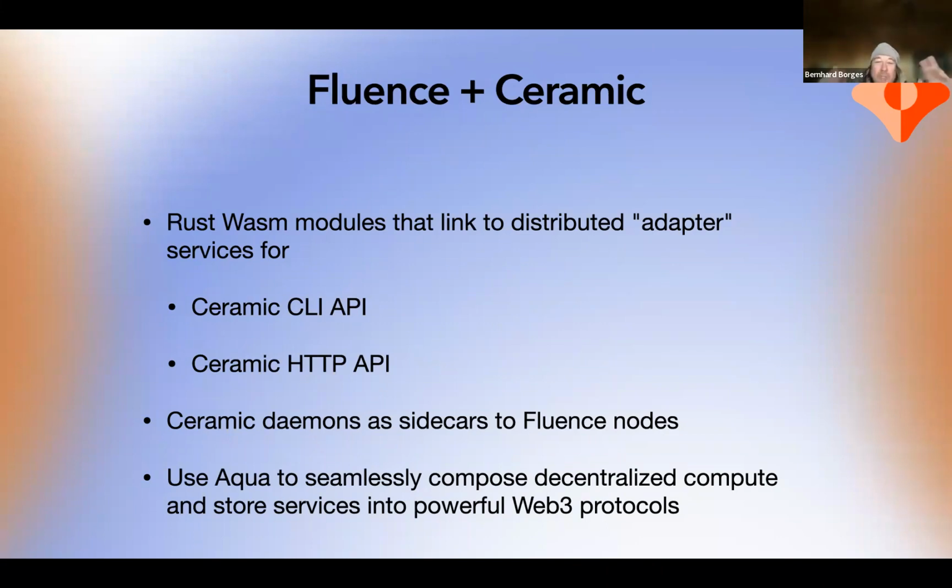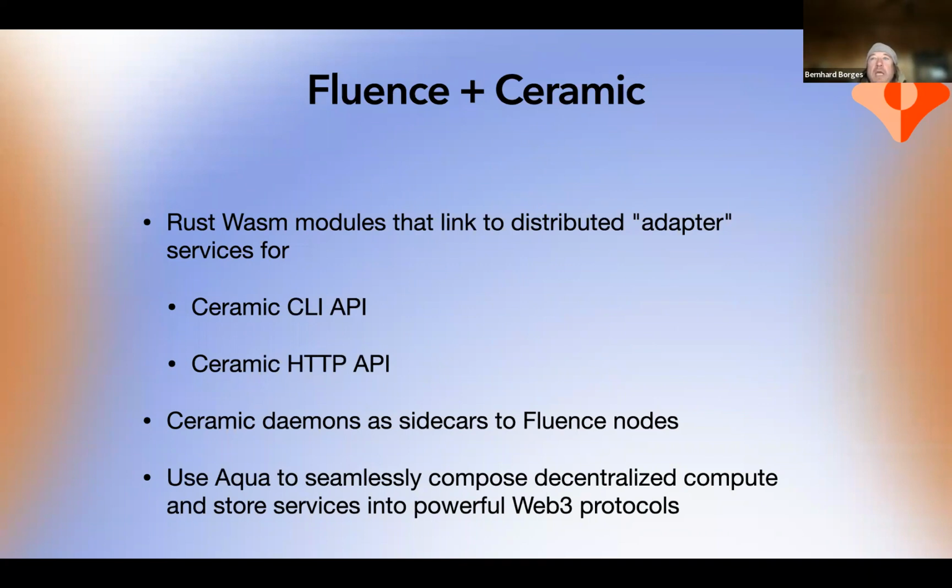And when should you use Rust versus Aqua versus Fluence.js? Okay, so Aqua, you can't compare it. Aqua allows you to compose your service resources into a workflow. So regardless of whether you use Rust or Fluence.js, the question is Rust versus Fluence.js.